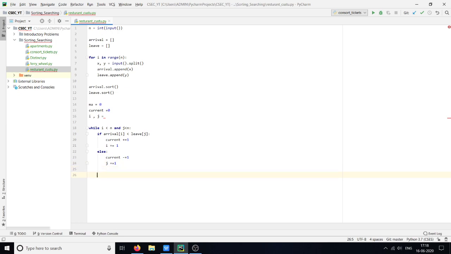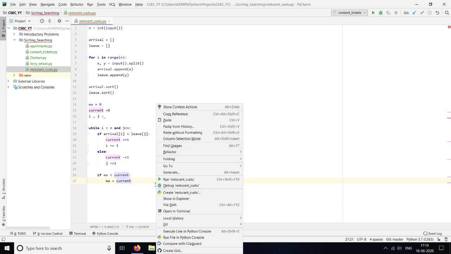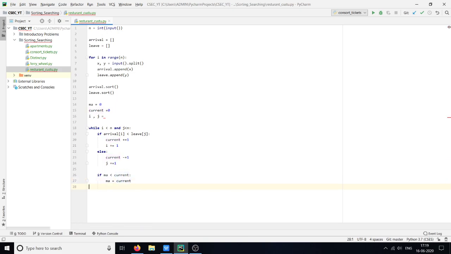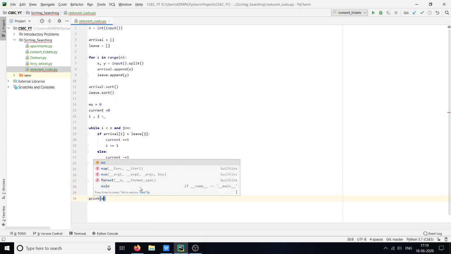Now here on every loop we check the current against the max. So if max is less than current, then max will be equal to current. Okay, now you have to print max.